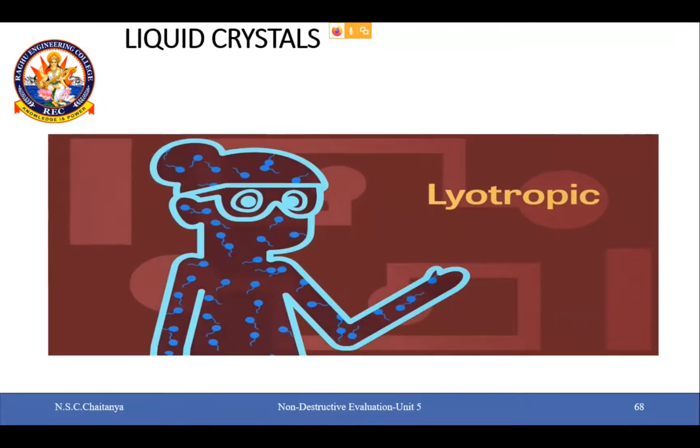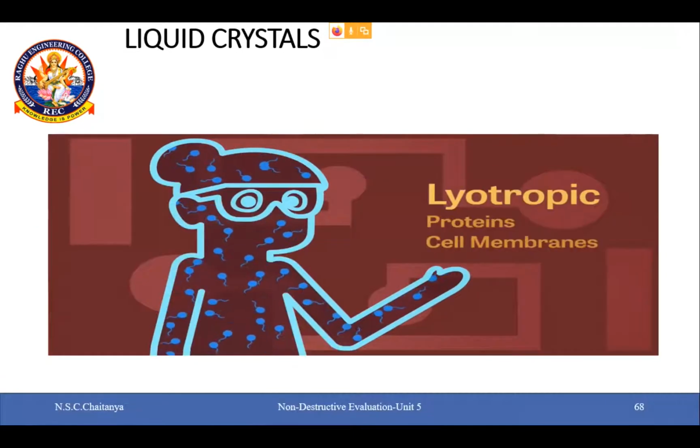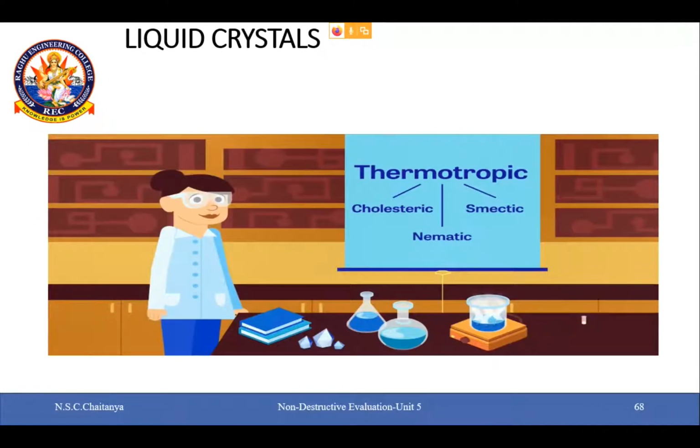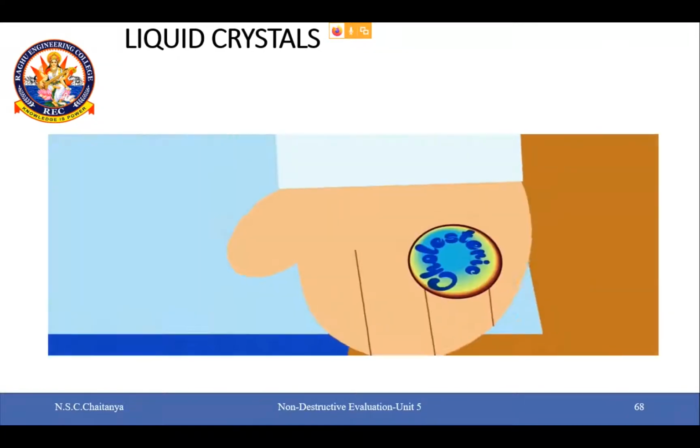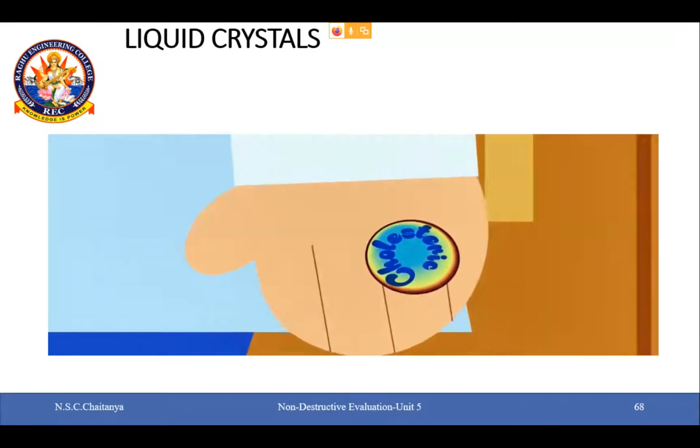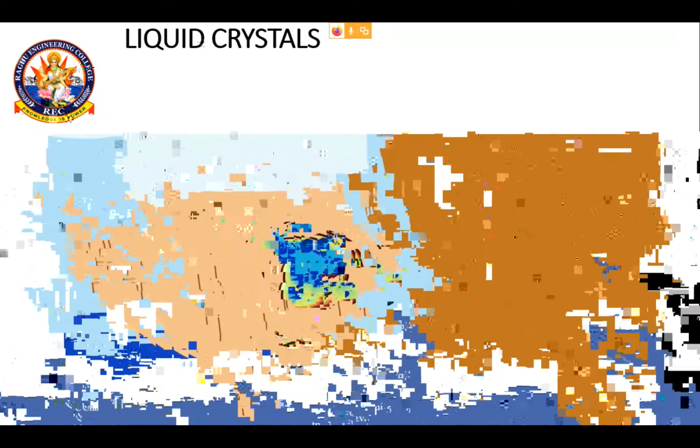Lyotropic liquid crystalline phases are found in living systems such as proteins and cell membranes. Thermotropic phases occur in a certain temperature range. The three most common types are cholesteric, smectic, and nematic. Cholesteric liquid crystals reflect different wavelengths of light based on their pitch and are used for mood rings, thermometers, and